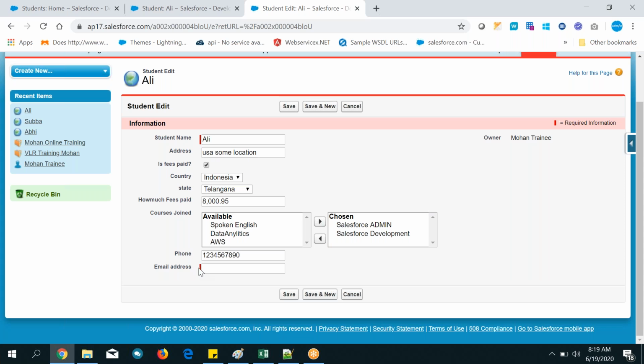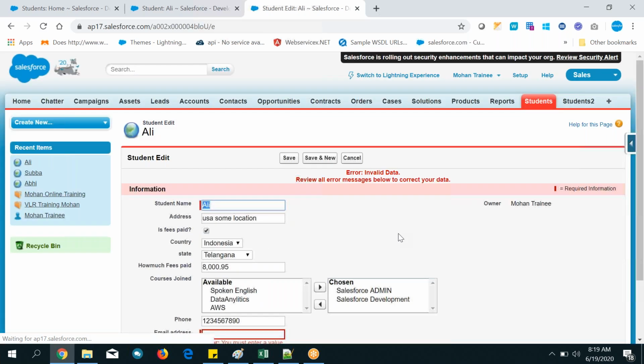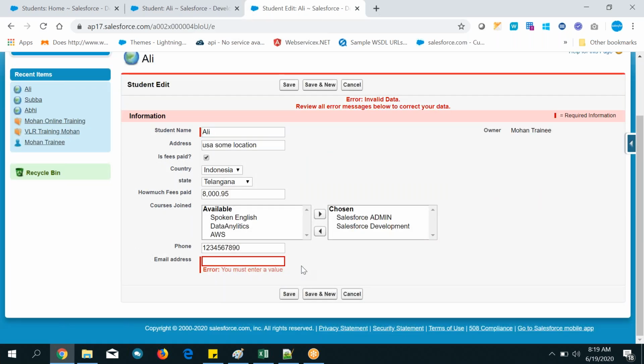I mentioned this meaning is what you can see over here, required. If you don't fill this one, and if you try to save it, system will throw error. You must enter a value. That is the use of this one. That means what? This is the required. If you want to update or save any record, you must enter a value on this field. Okay, that's how required is.